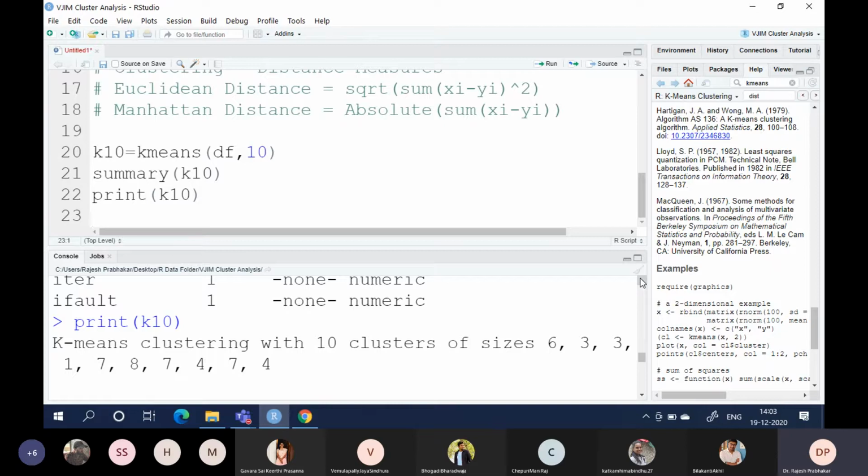So complete clusters will be given. So now you can see the output and the state to which the cluster belongs.